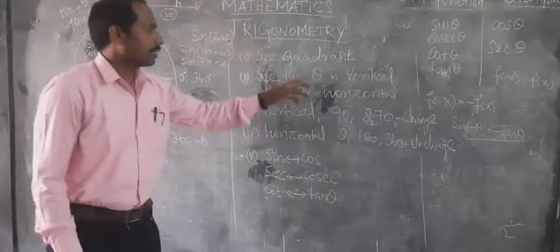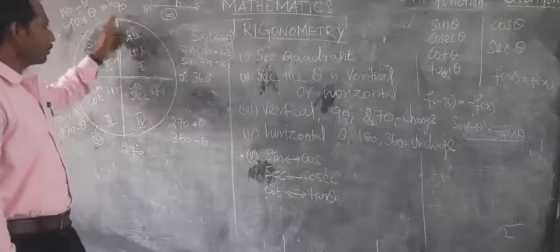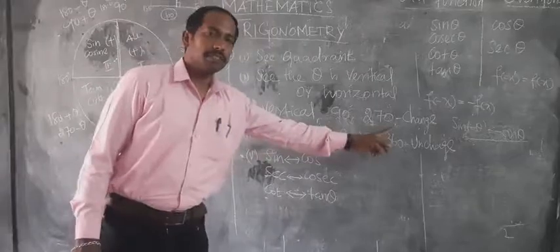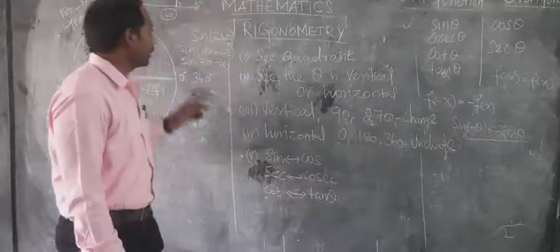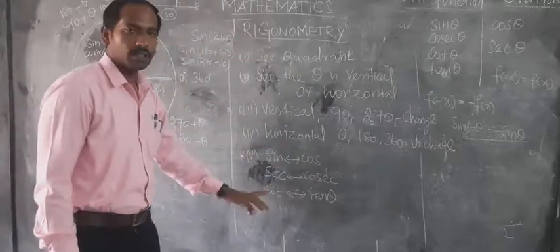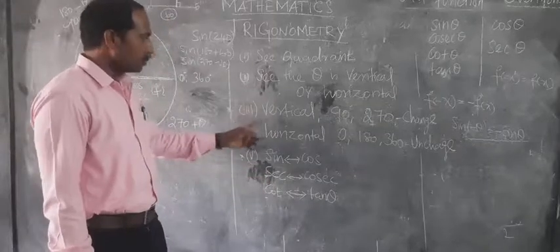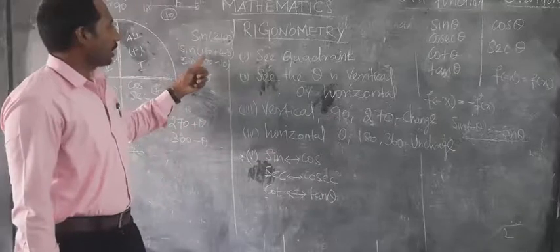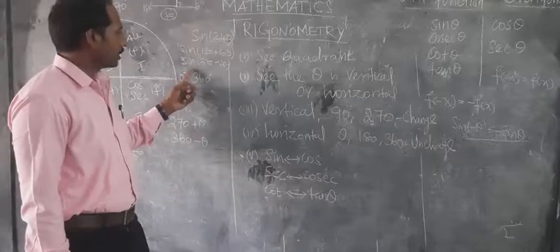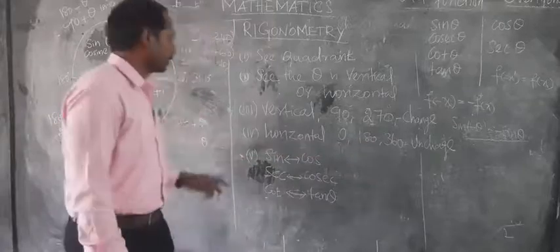So see, the theta is vertical or horizontal like this. Vertical means 90 and 270; for 90 and 270, the trigonometric function will change. What does the change mean? Sin theta will change to cos theta. I have written it here, no worry. In the fifth point below, this is the changeable theta. So when you use vertical theta, 90 or 270, sin automatically changes to cos theta in the answer. The horizontal, 0, 180, 360, means no change.